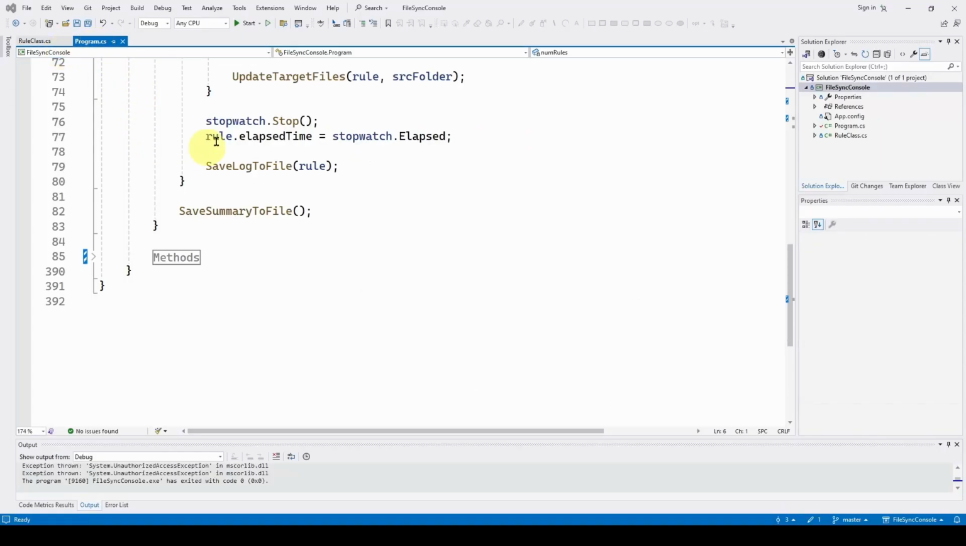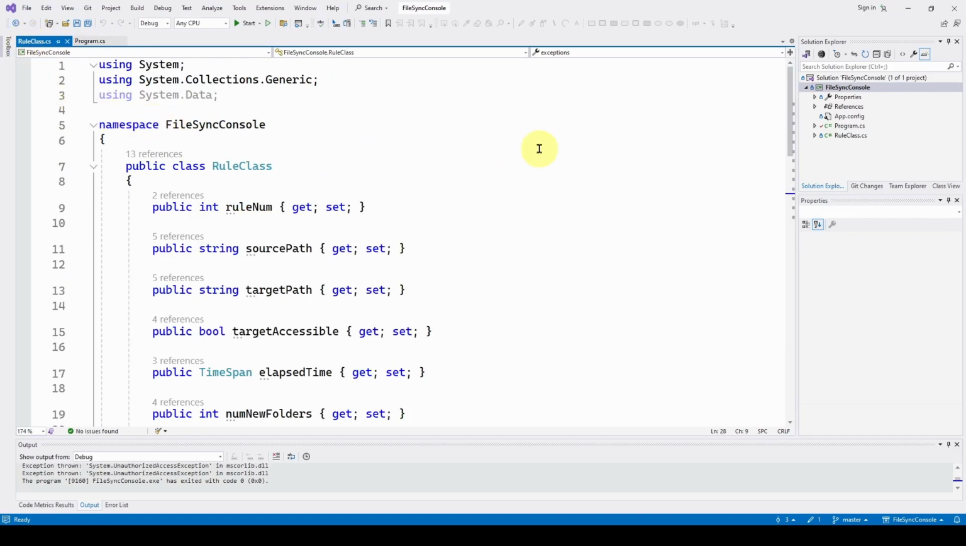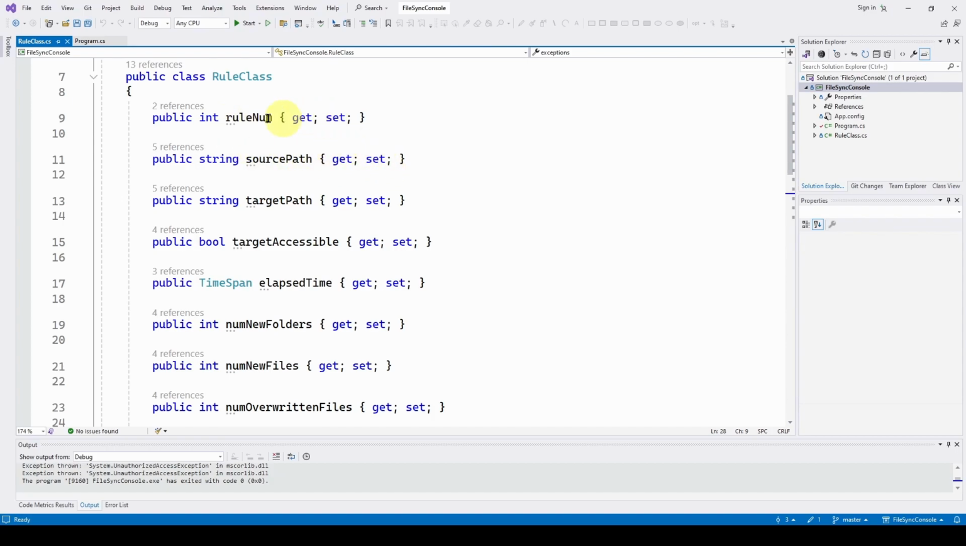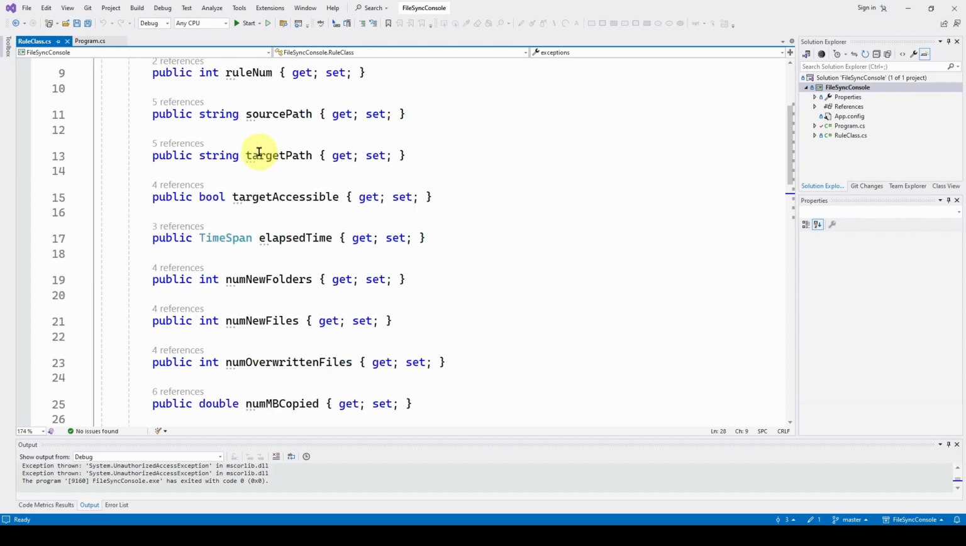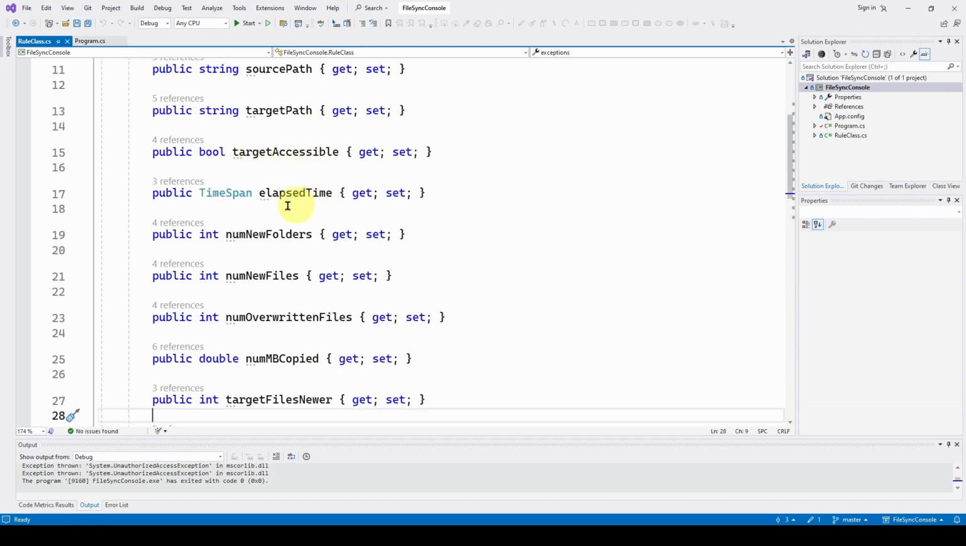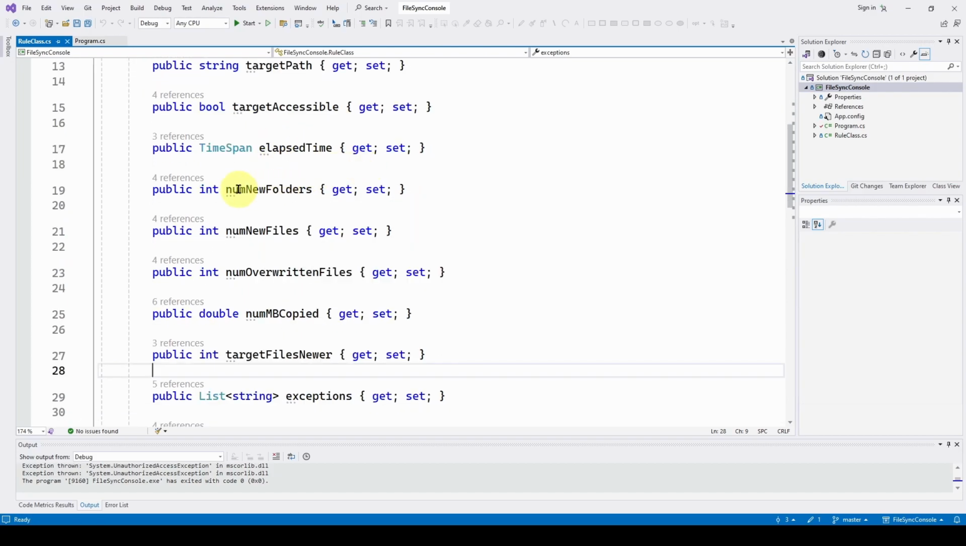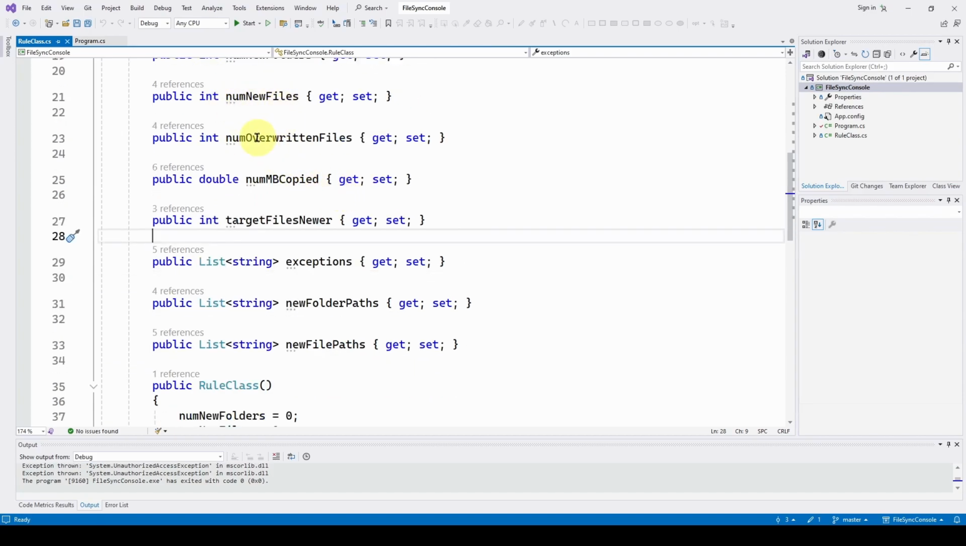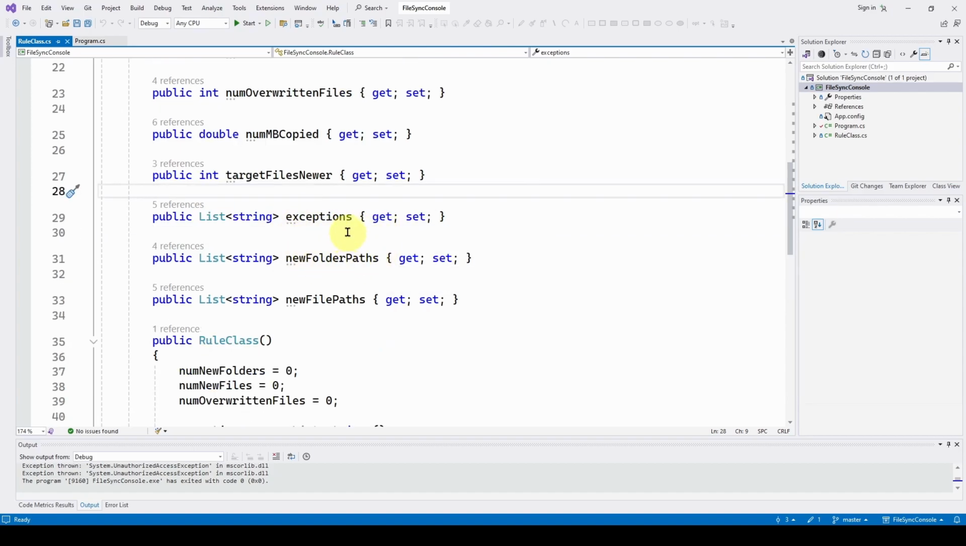And as we said before, our application is basically this console application, but we've got this rules class that for each rule, each backup we want to make from a source directory, we've got data associated with that rule, which is one line in the input rules file. Rule number, source path, target path, is the target accessible, elapsed time, number of new folders, number of new files, how many overwritten, number of megabytes copied, how many target files are newer,